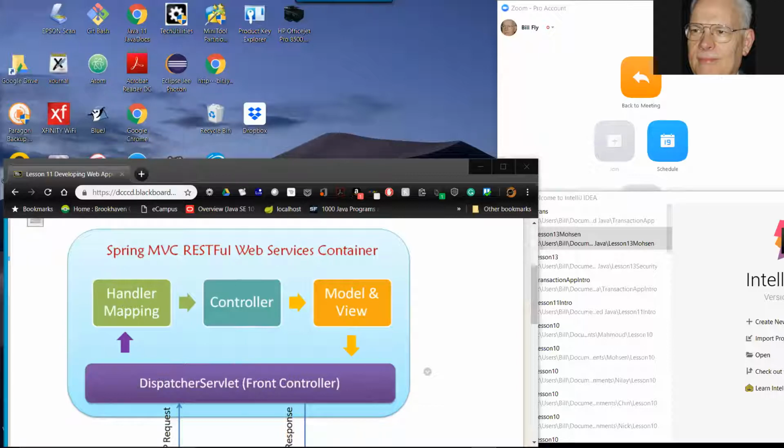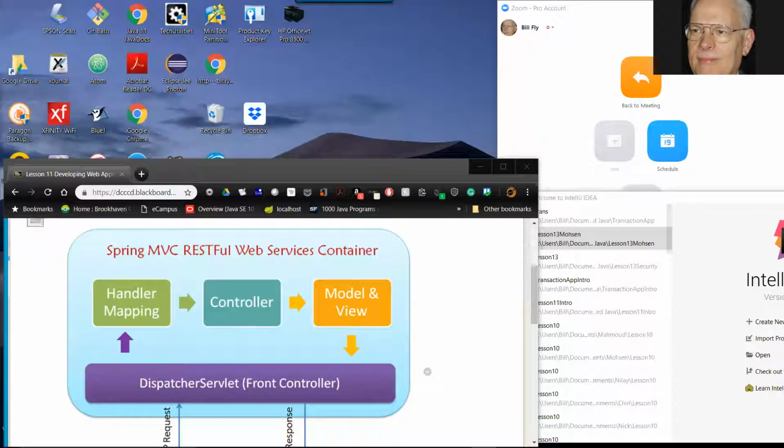Well, in Spring we're going to do that in a singleton repository, so to speak, and then next week we'll replace that with a repository that actually deals with the database. Okay,